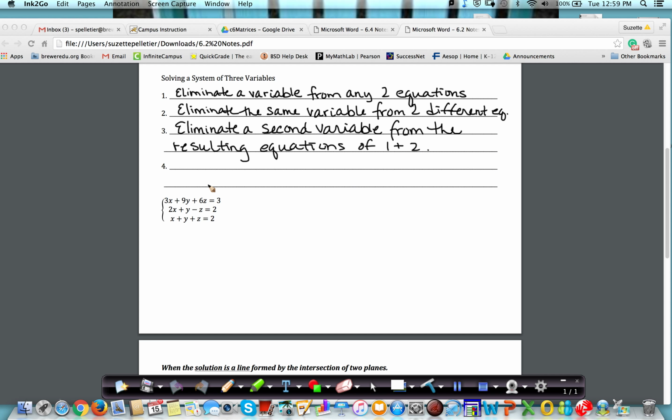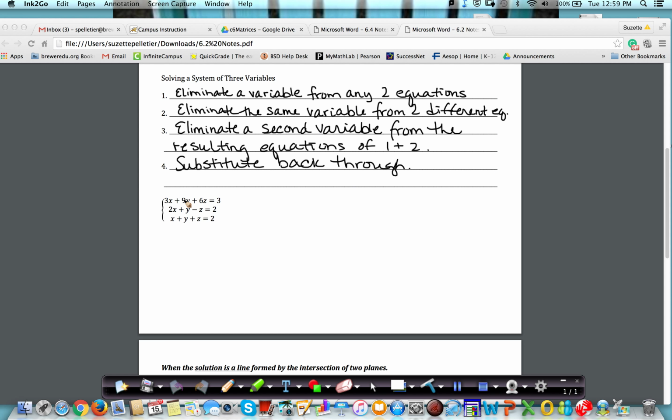And then you're going to substitute back through. So let's actually do this using the example at the bottom of the page. You're going to look at these and ask yourself, which variable would you like to eliminate from the equation? And remember, with elimination, we like to look for zero pairs because they tend to eliminate